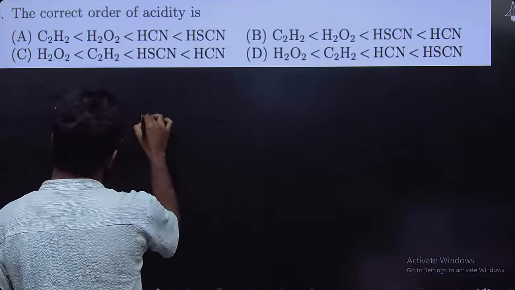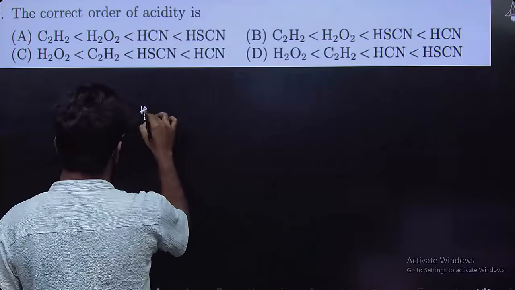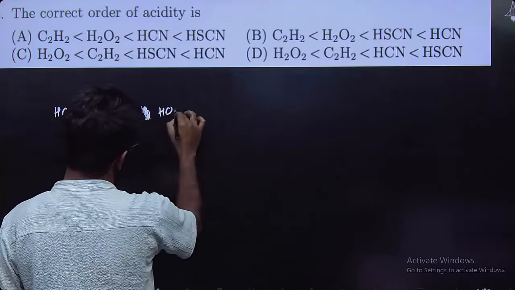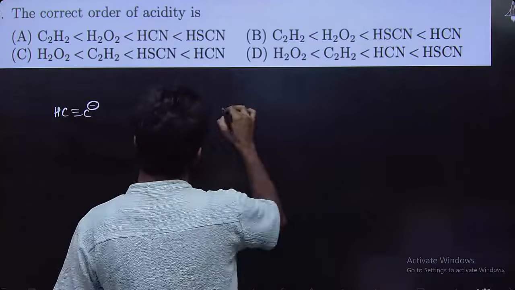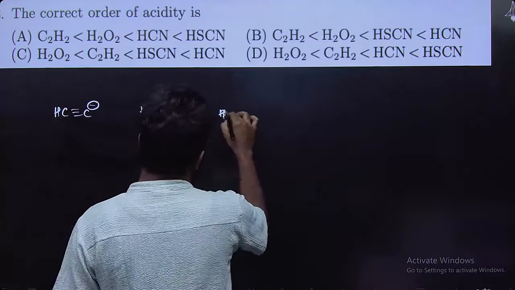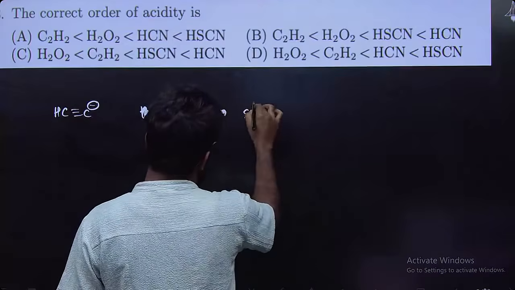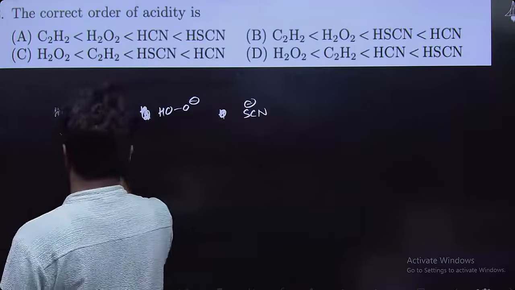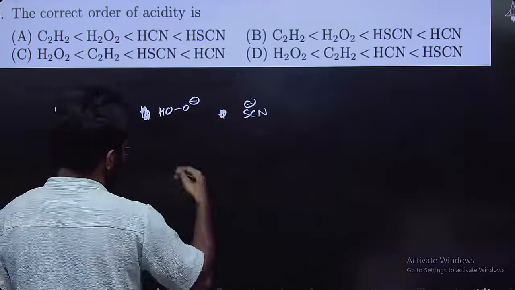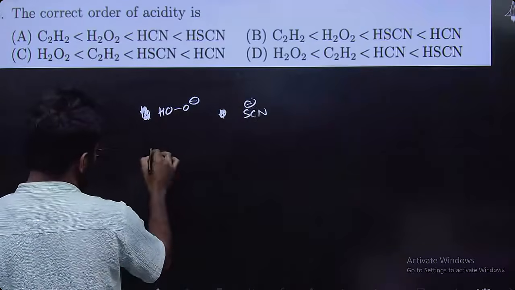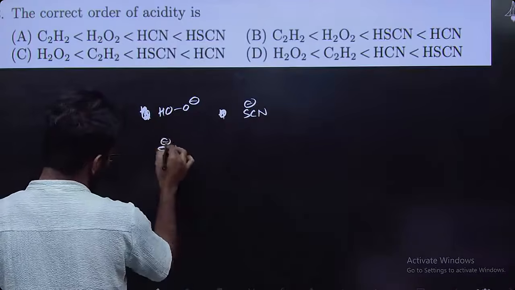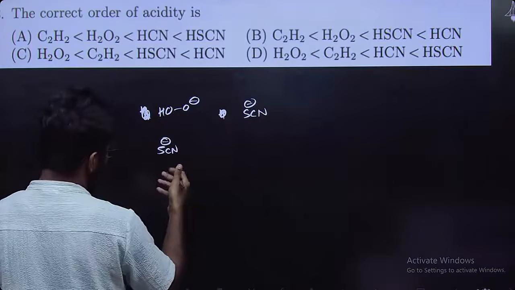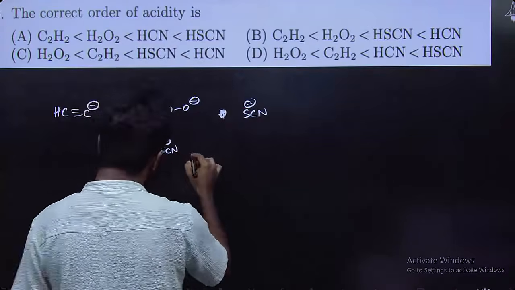After the removal of proton, we have this O minus, sorry, SCN minus, and yeah, only these four. So we know that for the respective anions, SCN minus is the most stable, followed by